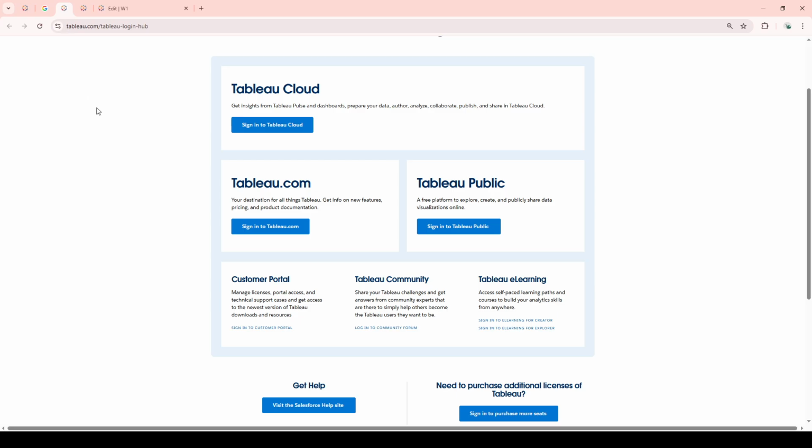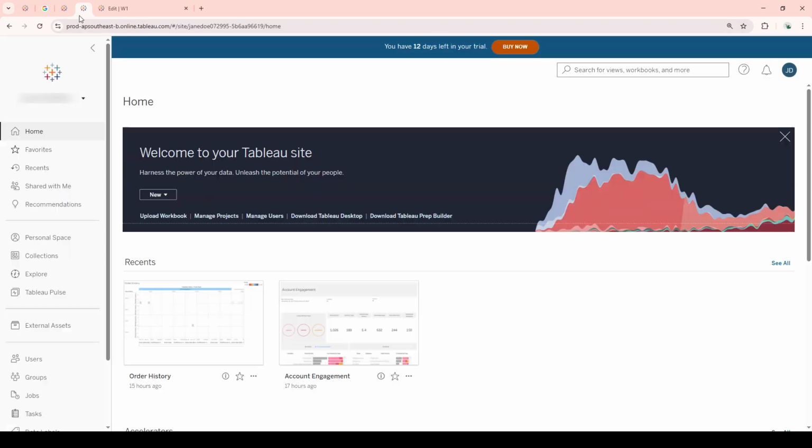If you don't have an account yet, take a moment to sign up. This is crucial as having a personalized account allows you to save your work and keep track of your analytics projects more effectively. With your account ready and raring to go, open the specific worksheet within your Tableau workbook where you'd like to work. This is going to be your space for all the visualization magic as you prepare your